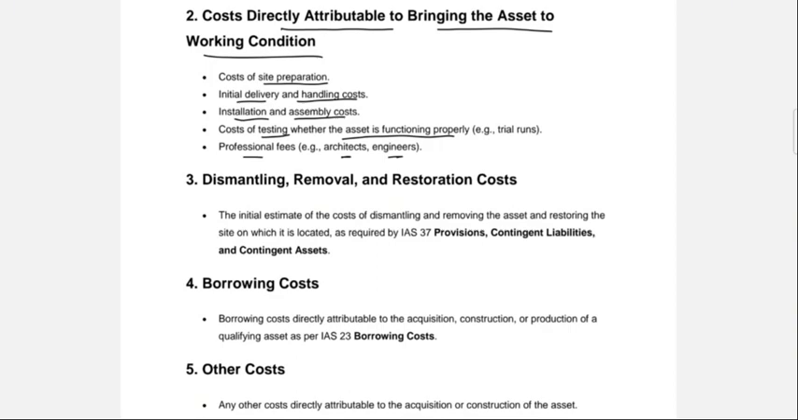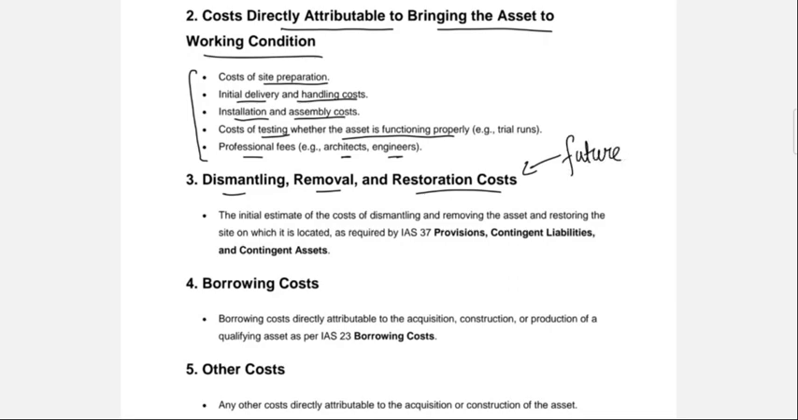All right, now we are going to be discussing another type of costs, which are going to be dismantling, removal, and restoration cost. And these are going to be slightly different in nature from the costs that you incur in present time to acquire the asset. So, for example, cost of site preparation, initial delivery, and handling cost, and all of these costs are going to be incurred in present time in order to acquire the asset and bring it to its working condition and location. But dismantling, removal, and restoration cost are all going to be the costs that are going to be incurred in